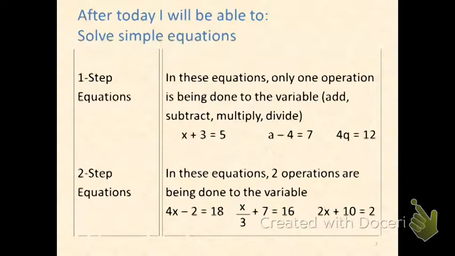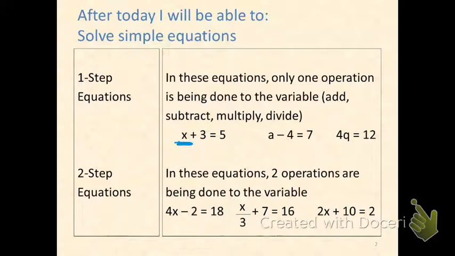Okay, a big part of algebra, like we've talked about before, is saying, okay, we know that something exists, and it's usually a number. We know some sort of number exists, but we don't know what that number is. But we do know that if we do some certain things to it, we get a different number. For example, if I have a number x, and I don't know what that number is, but then I know that if I add 3 to it, then I get the number 5,